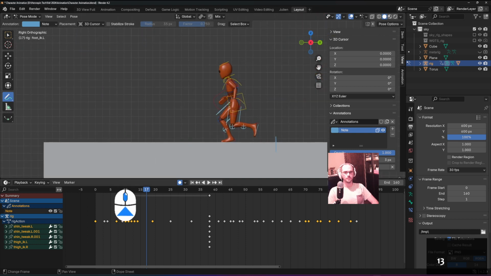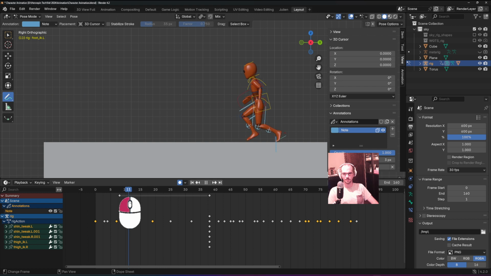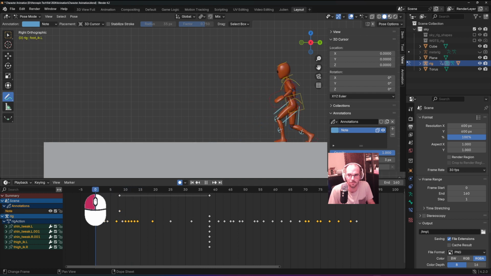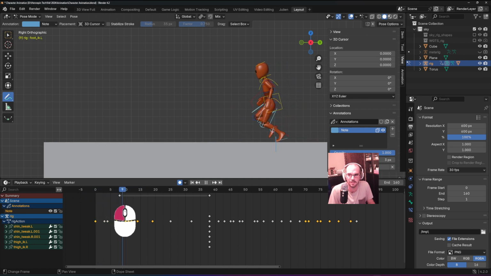I talked about the foot sliding thing. That's definitely something that is tough for people. The other thing too, to go for realistic movements of a character trying to move fast, is remember that characters go up in the air. When someone's running and going fast, both feet are off the ground for a moment. So right now how I have this set up, it's a little bit awkward, because ideally,